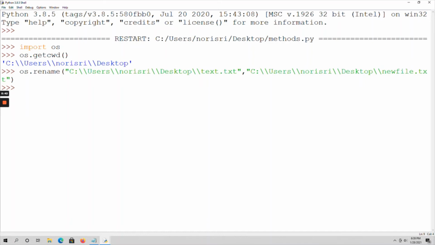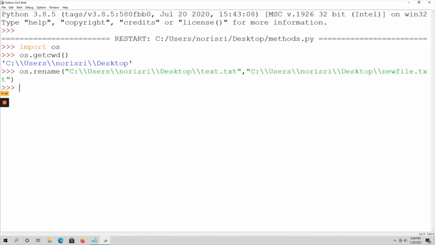So how can you know the path? Just give os.getcwd. It will give the current working directory, so that you can get the path. Just copy that path and give the old file name, and next specify the path again, and whatever new file name you are going to give, just specify that. Like this we can perform the rename operation.